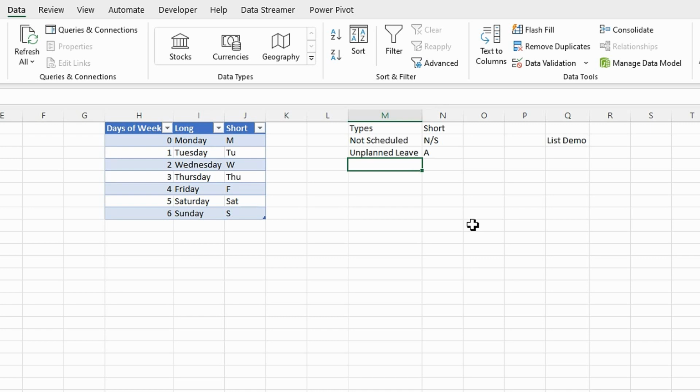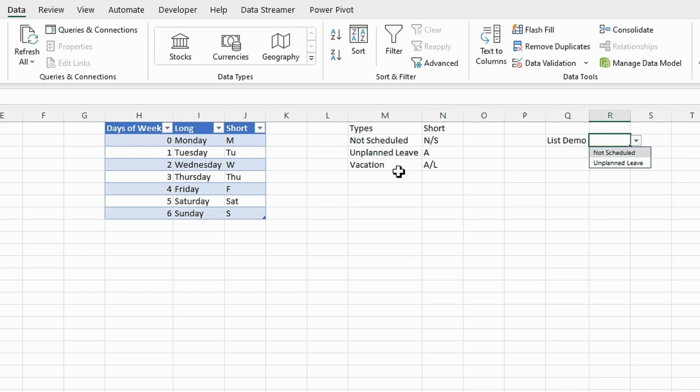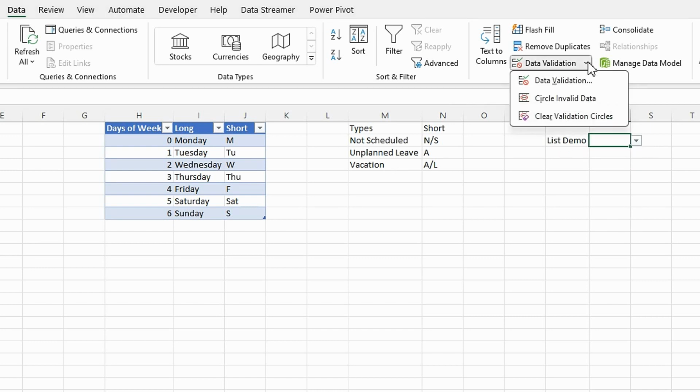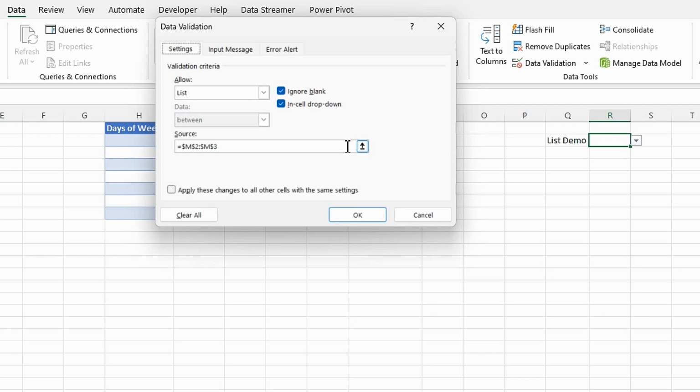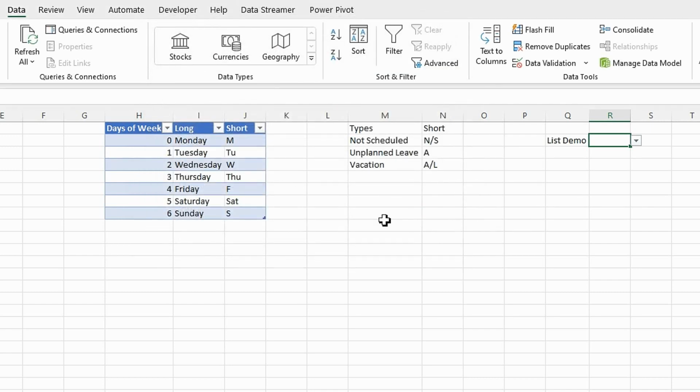But if I add another value in here, so if I do vacation, like so, and I do the drop down, it's not picked up that vacation. It means I've got to keep going into that data validation and expanding the selection area. However, I cancel that, and if I then do Control T to turn this to a